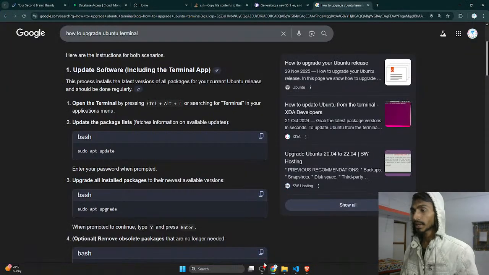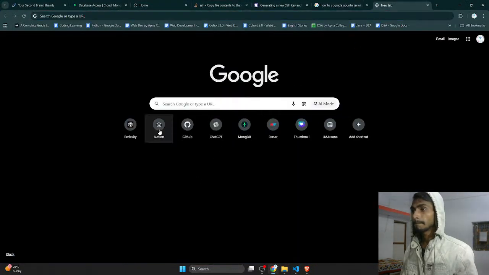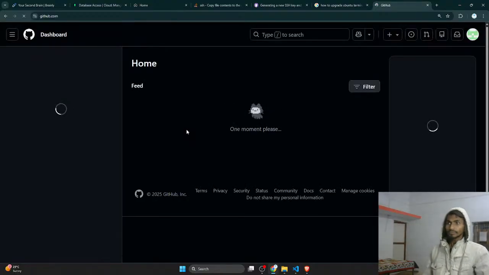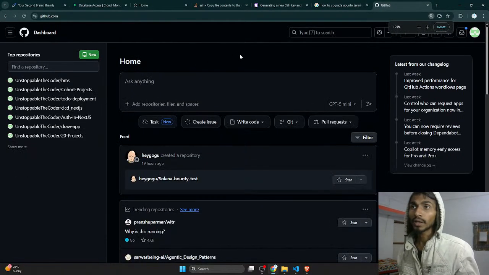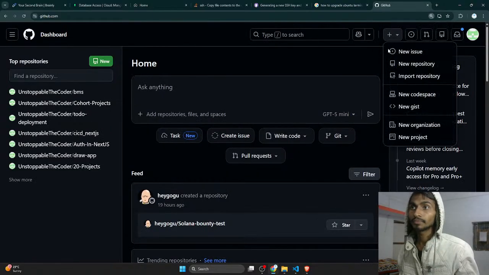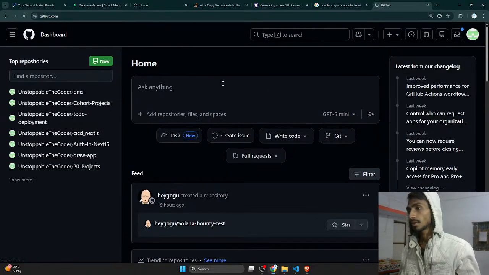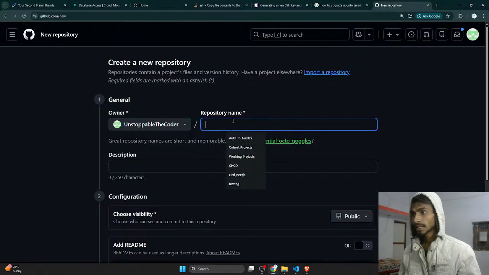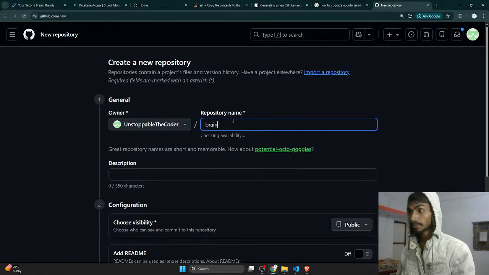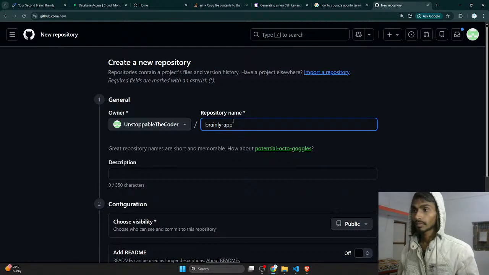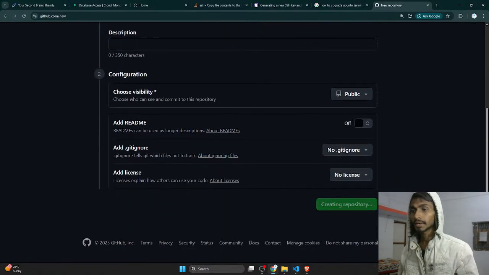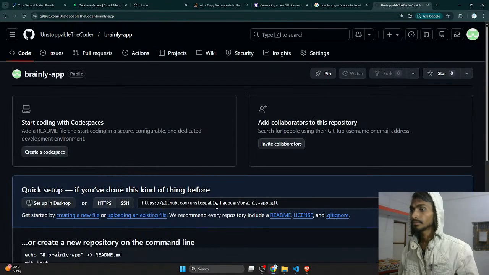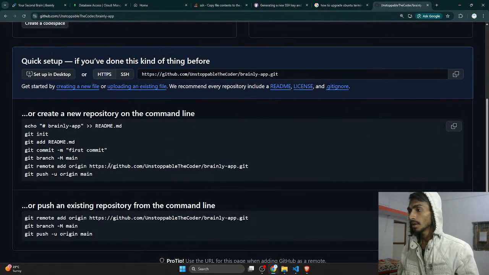And let's go to GitHub this time. What is the next thing that I have to do? First of all, I have to create a new repository. Name is going to be Brainly app. I hope this is available. Great. And nothing else. Let's create it. This is created, and then these are